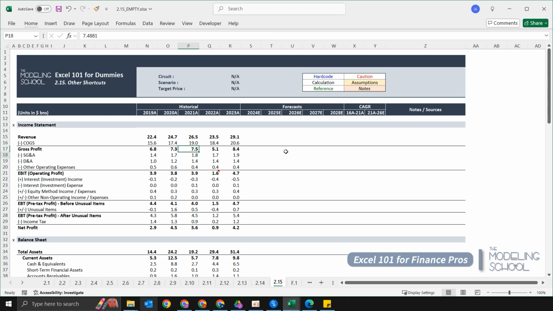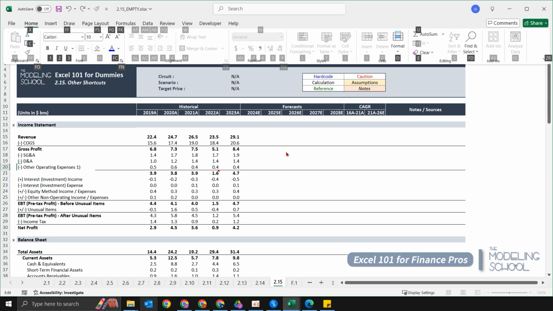Next, we have our shortcuts on our superscripts and our subscripts. We use these when we make notes or comments. So for the superscripts, let's press F2 to edit the cells. Let's say that we want to make a superscript that looks like this. How you would do this is you would select these numbers,